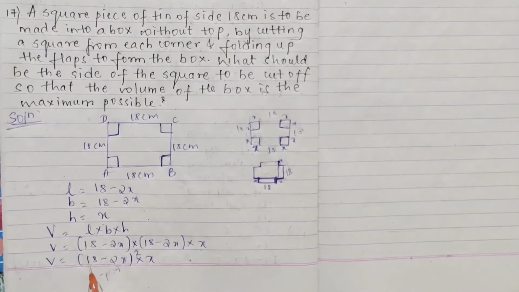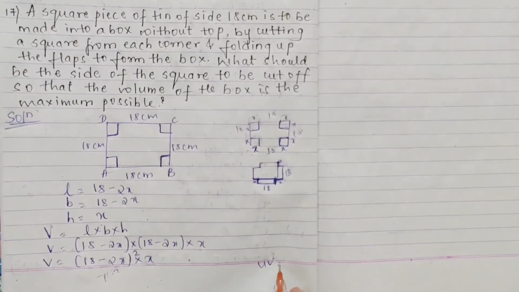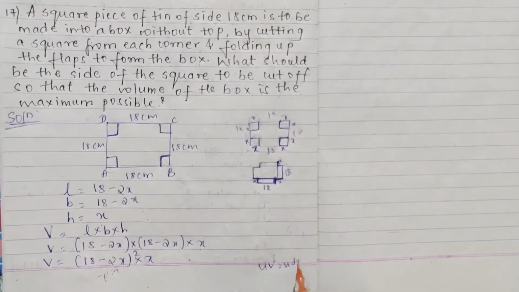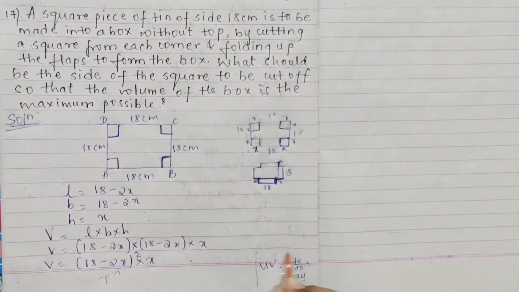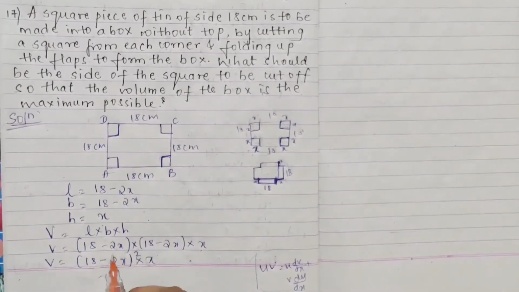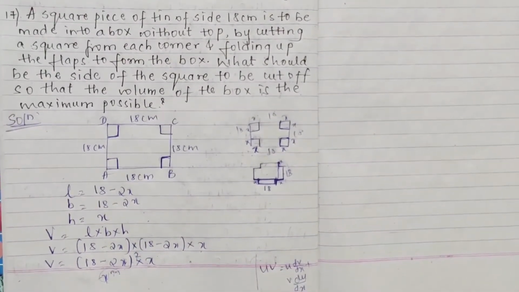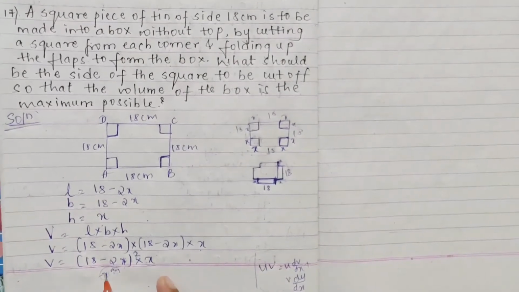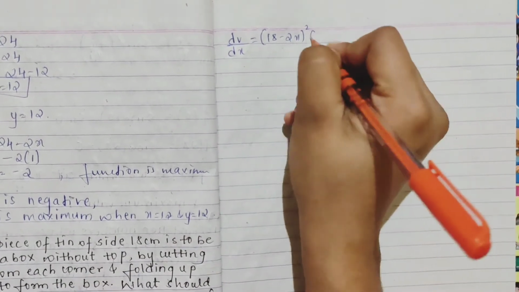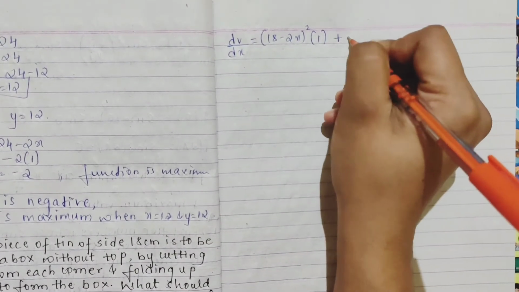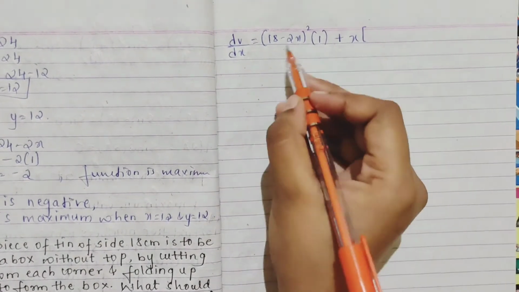However, here see, it is 1, 2, means you are applying UV rule. UV is how? First keep your u, differentiate your v, then keep your v, differentiate your u. This is your UV rule, right? So we are applying the same. First here also you will be having 2. Here it is x raised to n, and again interior chain rule. Okay, so let's do. If I take u, this v, we will do. Keeping u constant, v is your x, differentiation is 1. Then comes plus, keeping your x, differentiating your u, it is 18 minus 2x the whole square.